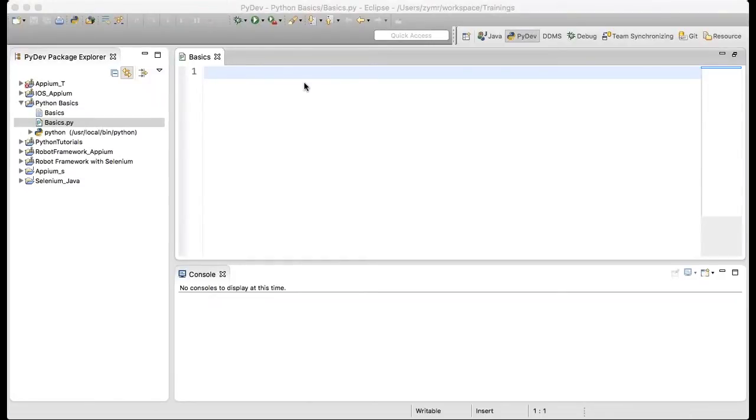Now, by default, it asks for many templates. Before you start programming in Python in Eclipse, it shows you many templates. If you have learned any basics in Java, you know there is a main method that we start with.